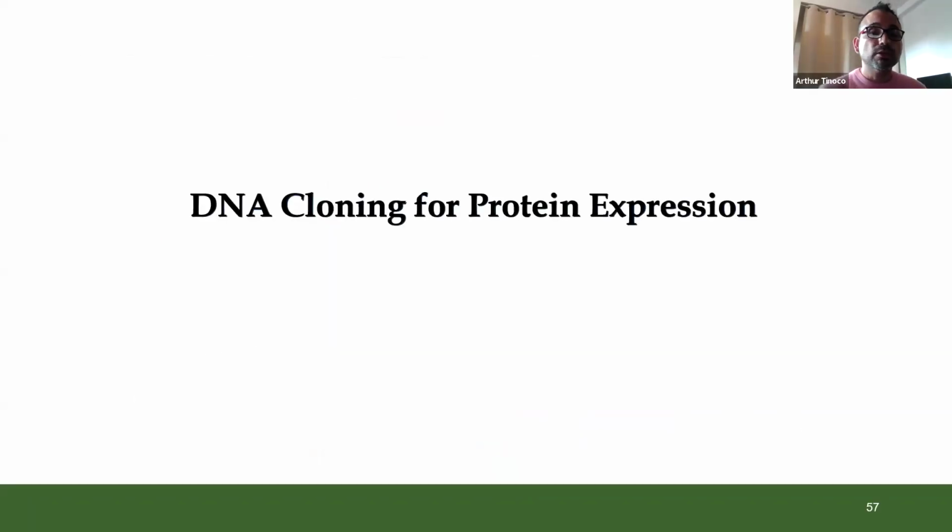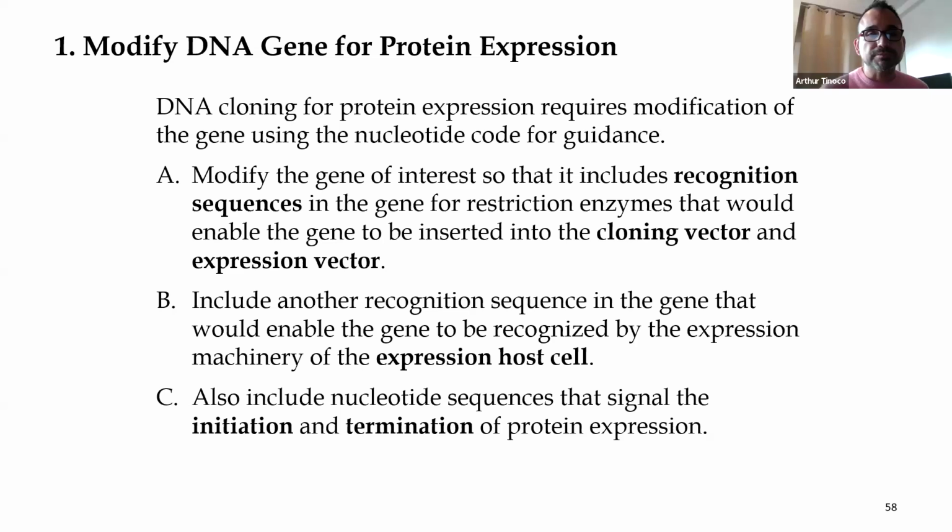And now let's talk about DNA cloning to lead to protein expression. All right. So, modified DNA gene for the protein expression process. DNA cloning for protein expression requires modification of the gene using the nucleotide code for guidance. You're going to modify the gene of interest so that it includes recognition sequences, and those are critical to